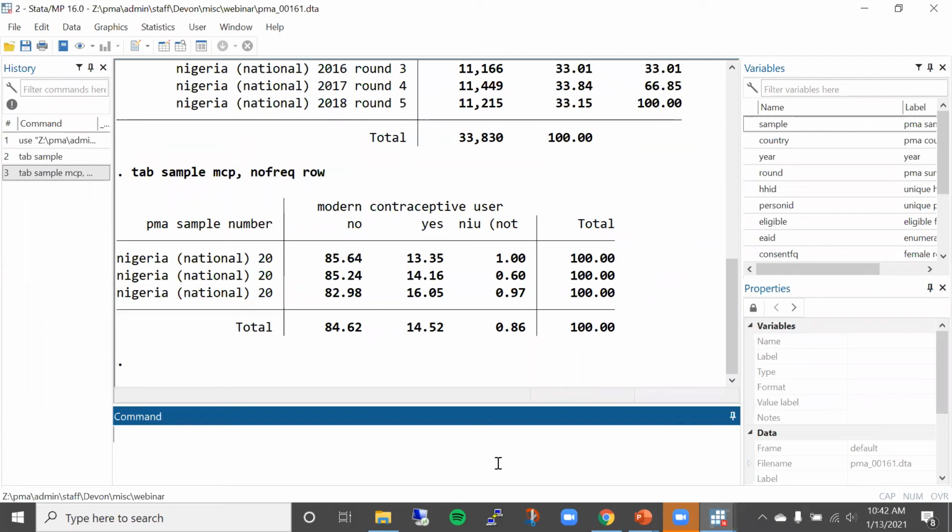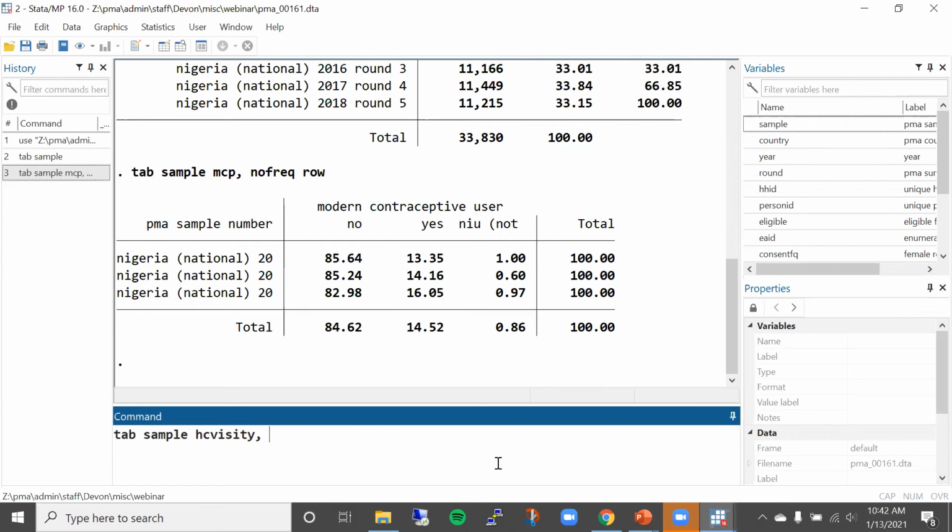And keep in mind, these are unweighted. I feel like that's another step that might confuse things. These are non-weighted, non-representative estimates. This is all just for demonstration. But it looks like within the sample, we've got 13 to 16% in each of these years that survey rounds were conducted. And then we can also look at how many women